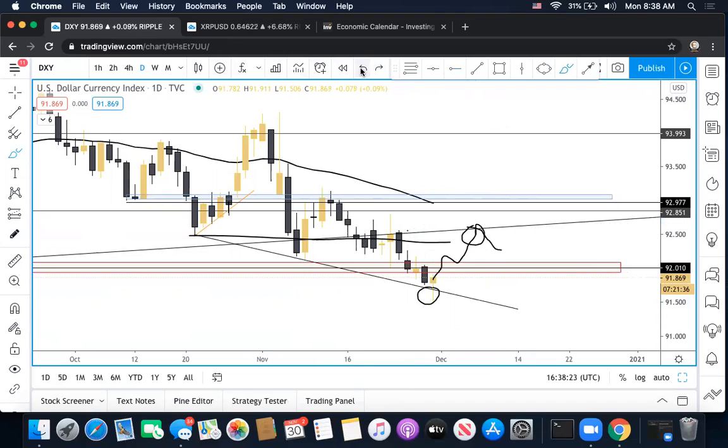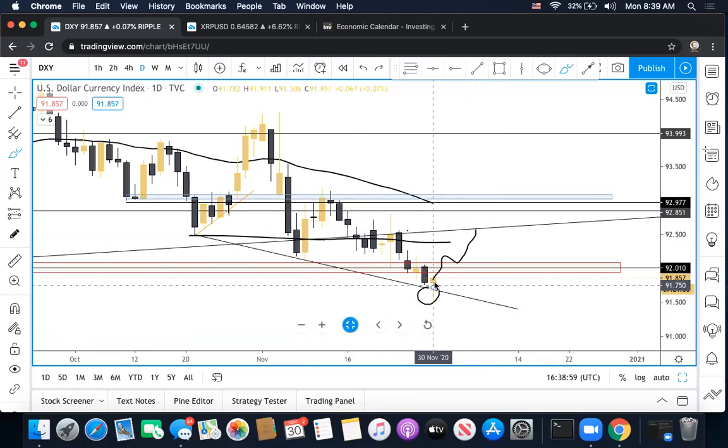And then for one more scenario, if we do not get the break back above 92 hold and we get this overall price pushing back up here, then overall we're still going to remain bearish and just wait for the retracements to go lower. Because if the market can't even break above 92, like back above what is this, 92.25 region, if it can't even break above that, then it doesn't even have enough bullish momentum to push price up. So then we would know that the overall momentum from this drop from 93 resistance is still valid, and we would just look at it for a retracement to possibly go lower.